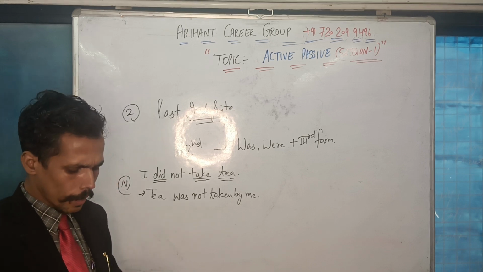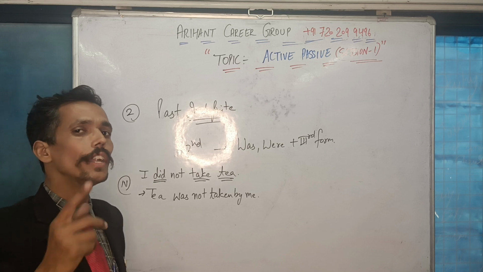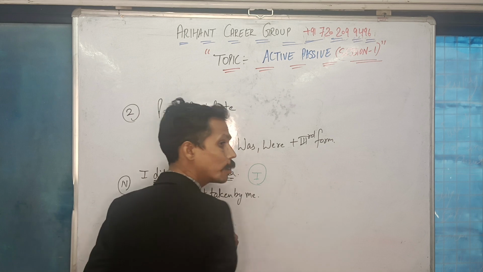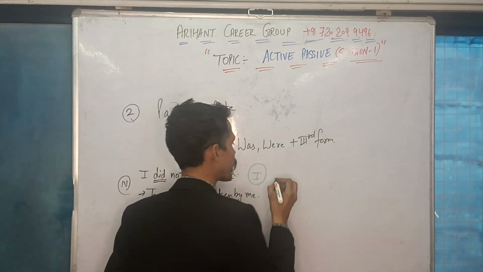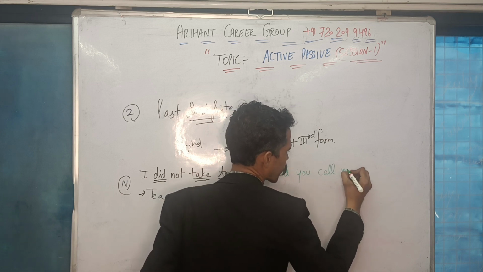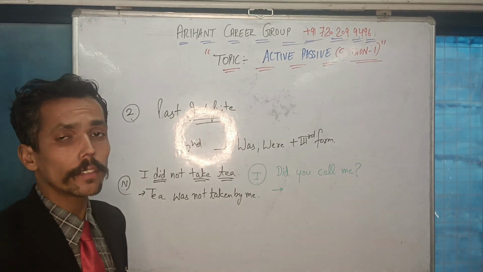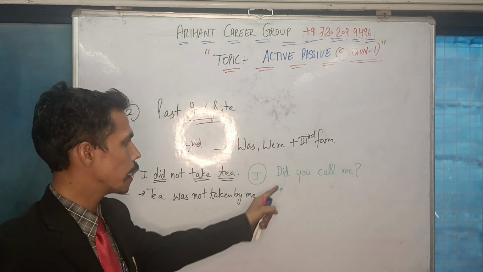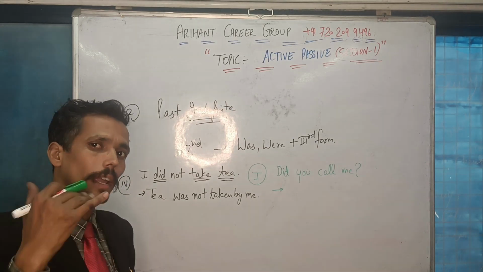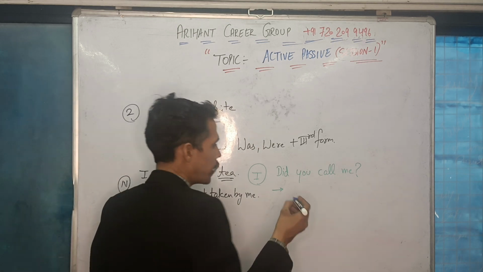This was a negative sentence, I'm sorry. In case you get an interrogative sentence, then what will be your question? What will be your answer? In case of an interrogative sentence, the sentence will look like this: Did you call me? If this is a question in your case, then please understand that did comes before the subject. So similarly, now your object will become the subject. So me will become I, like I was converted into me. Similarly, your answer will look like that.